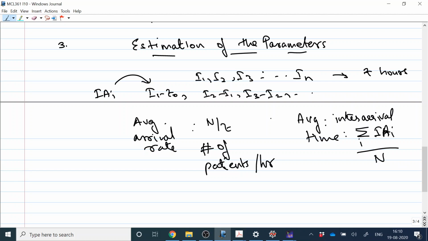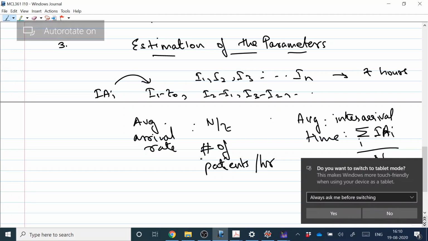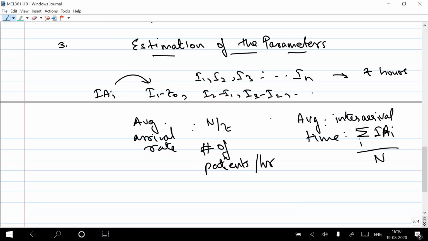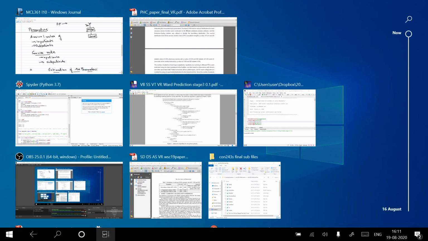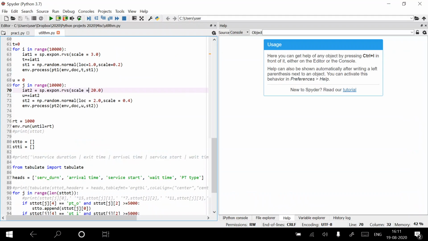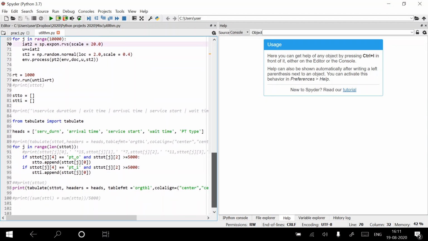Okay. One thing I want to mention as part of both, I think, step 2 and step 3 is we've talked about the input parameters, right? So let's go back to our doctor with two types of patient simulation. Now, if I go back here, let's actually look at what it is that we are now. If you want to analyze the operations of this clinic, with a single doctor and two types of patients, what are the output parameters? What are the outputs that you would be interested in? So that is one question.